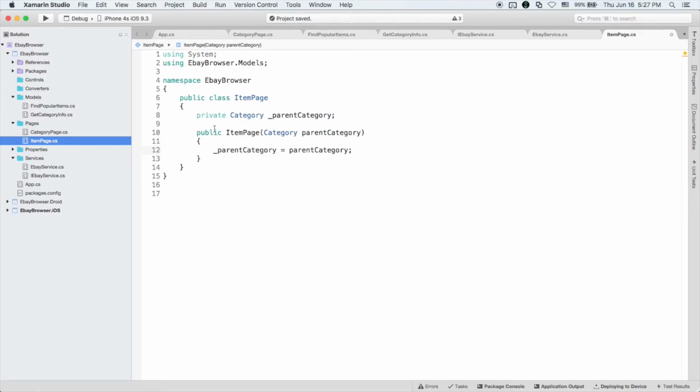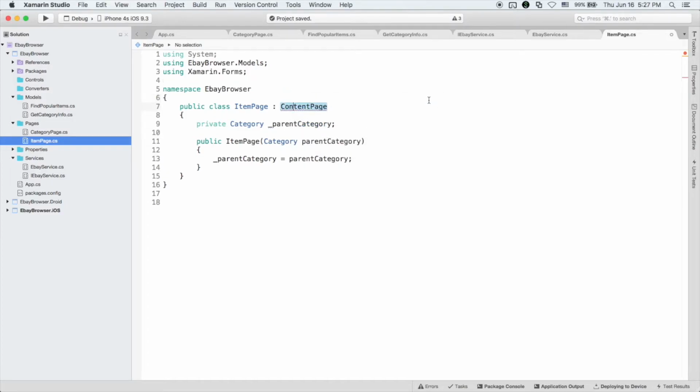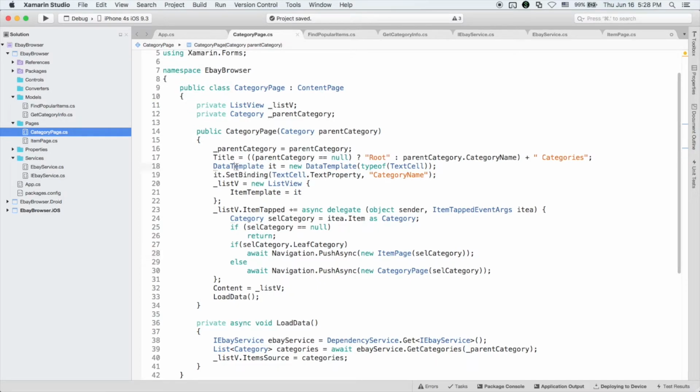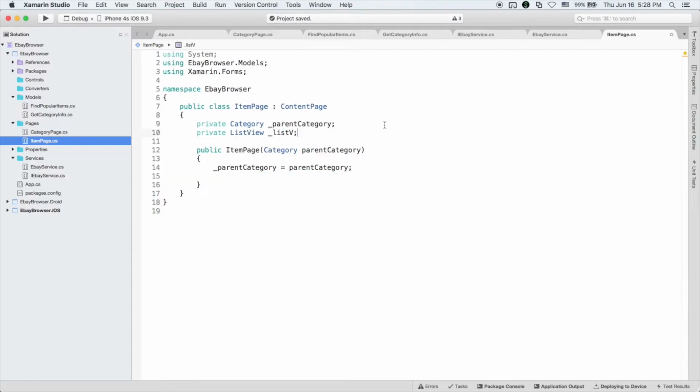Okay, and now this item page, just like before, it's going to be a content page, just like the categories page was. And also, just like the categories page, we want to have a list be our main content. So let us do as we did before and create a class variable for our list view, and we will construct that. So I'm going to just copy some of this code over to item page,